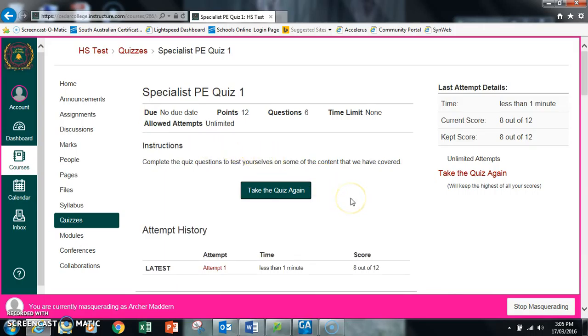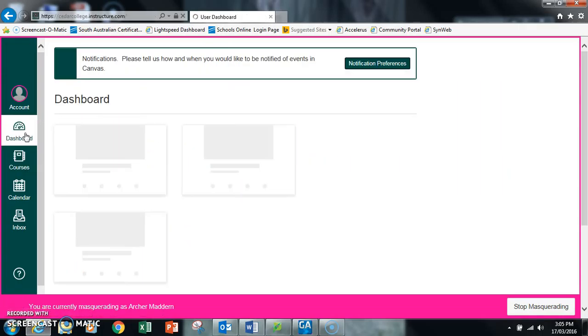And you can see that this student has taken the first quiz. It's a really quick quiz, and you can see that they got 8 out of 12 on that quiz, and they can take it again. But yeah, quizzes are a really nice feature within Canvas as well. Now if I go back to my dashboard,